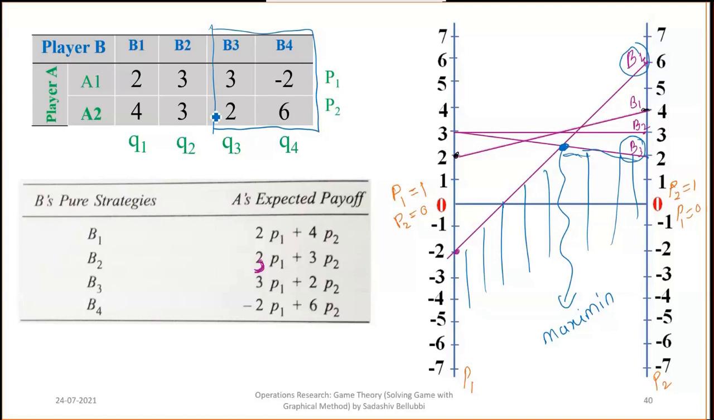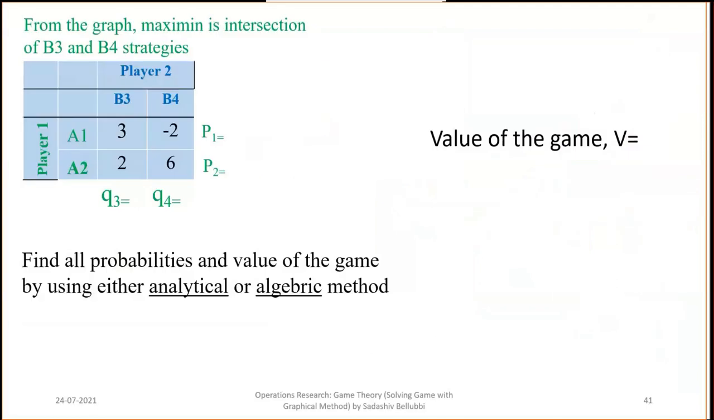Once we get B3, B4, that is a 2 by 2 matrix, then we know how to solve this matrix. Just write this matrix again. That is B3, B4: 3, -2, 2, 6. Now we need to solve by either the analytical method or the algebraic method. Now I'll explain the algebraic method. P1, P2 are for the A1 and A2 strategies, and Q3, Q4 are for the B3 and B4 strategies. For finding P1,